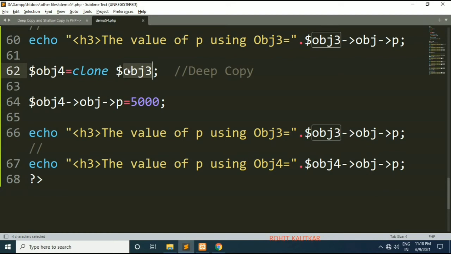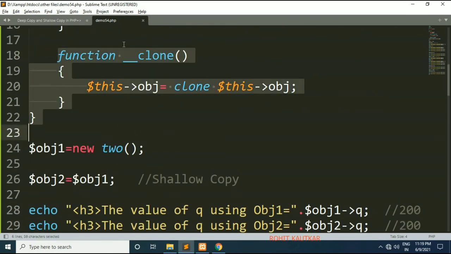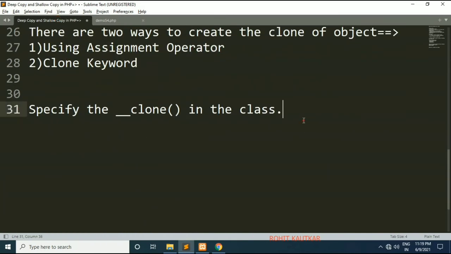That's why if we change something within one object, it gets reflected within the other object. This is how you can create a deep copy. For creating a deep copy, you need to specify the implementation of the clone method.